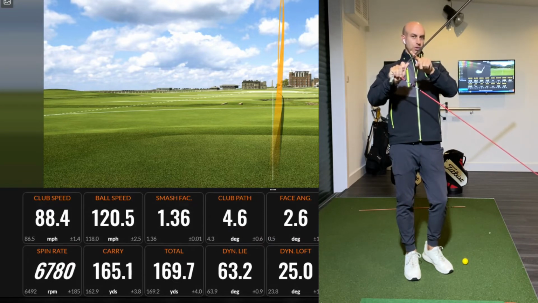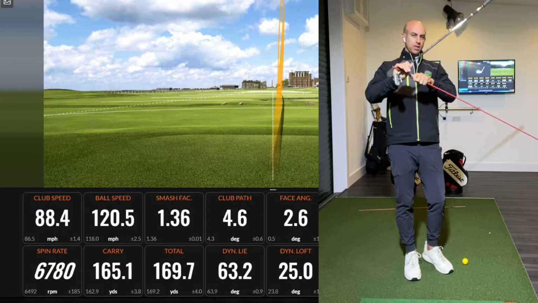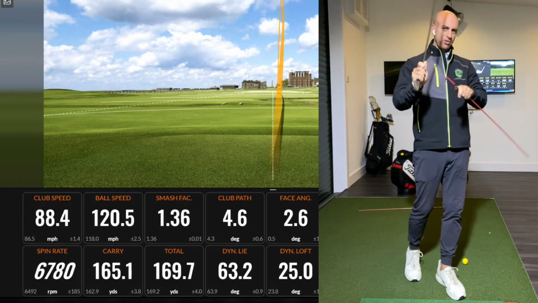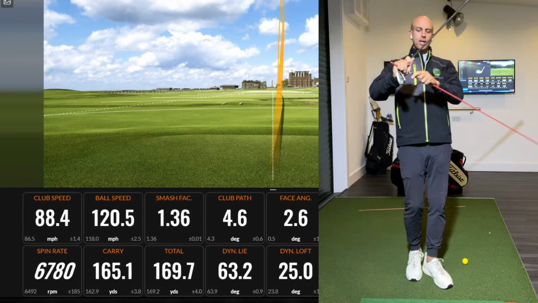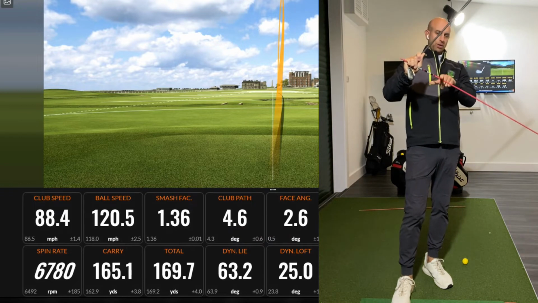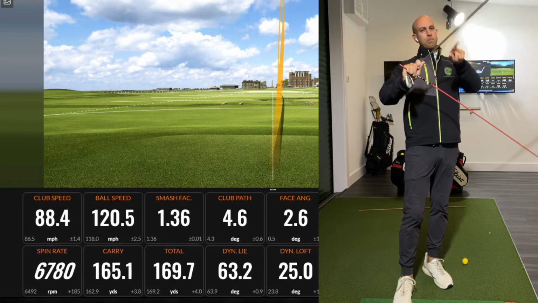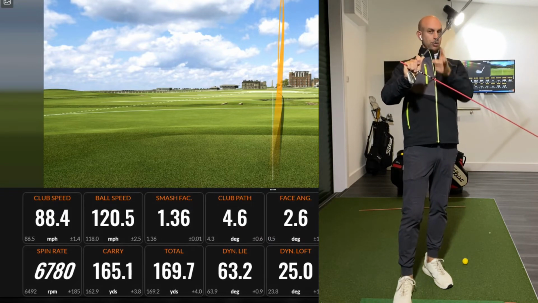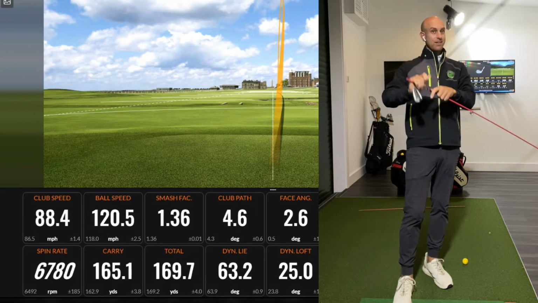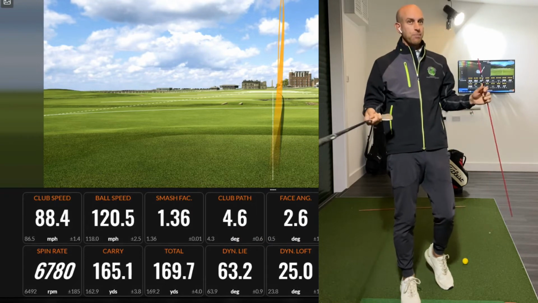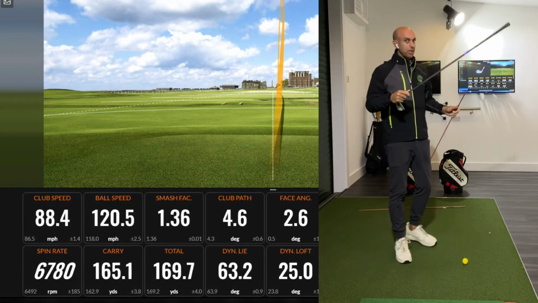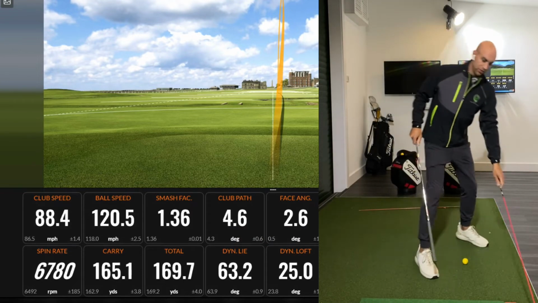Dynamic loft, this club here. So as I hit the ball, how much loft am I presenting? And with a wedge, it's usually more. And the angle of attack, this red line here, how much down am I hitting? The bigger this angle, it's referred to as spin loft. The bigger that is, the more spin you get. And the ball is always spinning backwards. But to curve it,